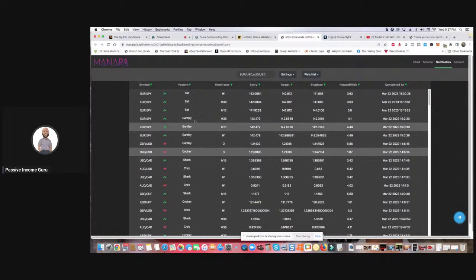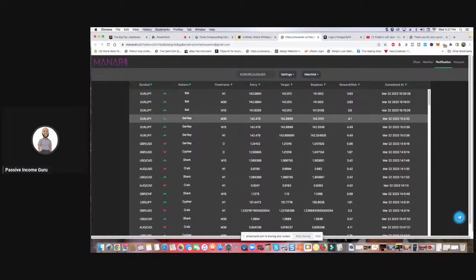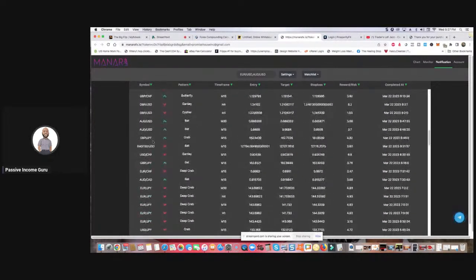So as you can see here, we got several pairs here. We got the pair, we got the pattern here. We have the time frame. It also gives you the entry, the target, the stop loss, and your risk to reward ratio. Okay. So we have Euro JPY, I mean a ton